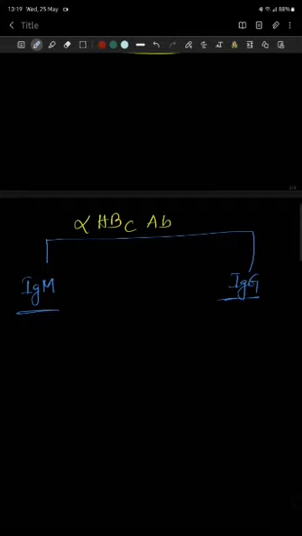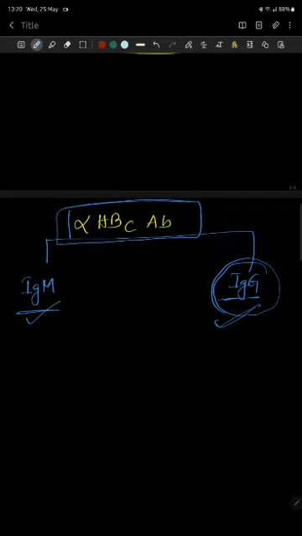Two types, IgM and IgG. IgM type of antibody is seen when the person has a recent infection, an acute infection. So the IgM type of anti-HBc antibody is found in blood. And when there is a chronic infection, when the person is a carrier, then IgG. IgG is the long lasting antibody we get in hepatitis B. For anti-hepatitis B core antibody, we get IgG type in case it is the